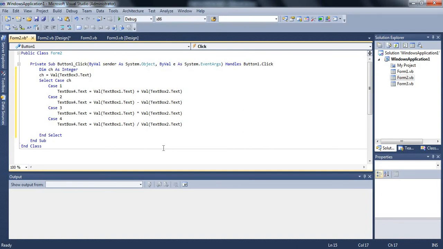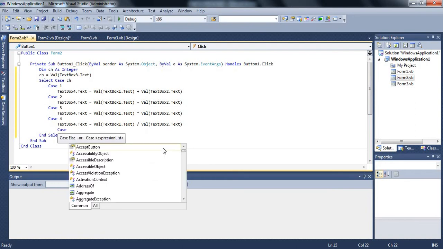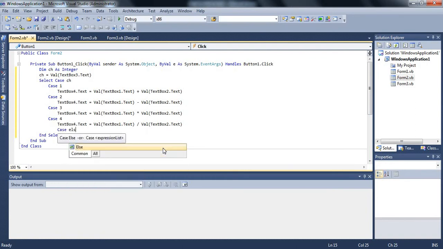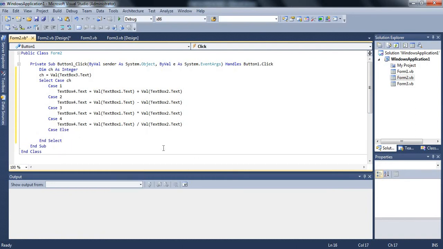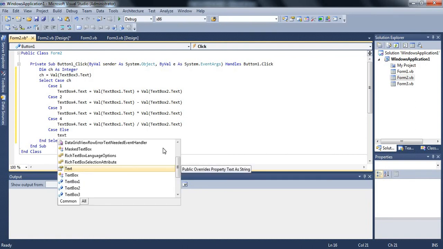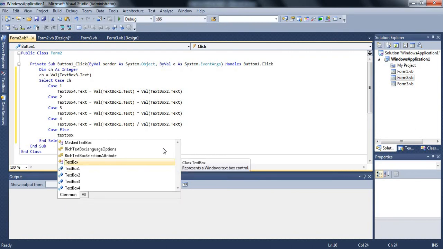So if the user enters any number other than 1, 2, 3, 4, then we'll have to have a proper method to answer. So text box 4 will have a message if users enter any choice other than the first 4. Let us have a message for them.